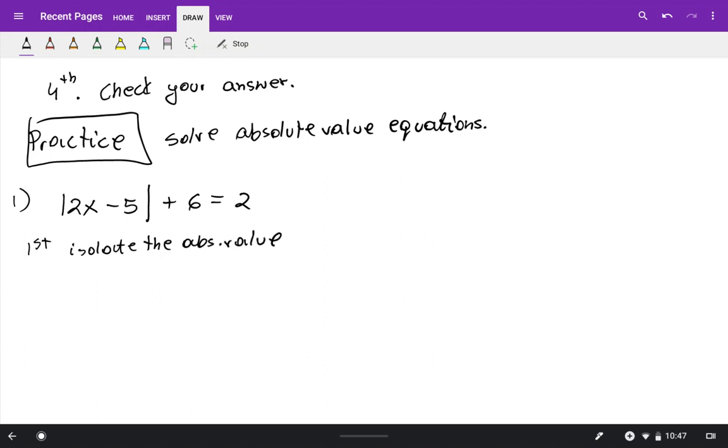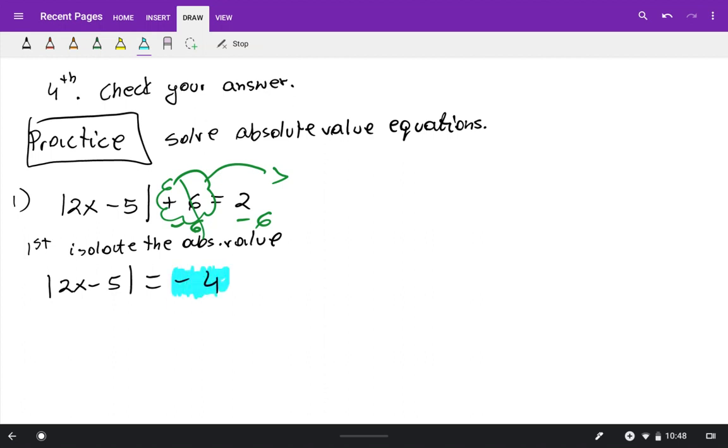That means that positive 6 has to be moved to the right side. Since it's positive 6, we're going to subtract 6 from both sides. So now I just copy absolute value of 2x minus 5 equals 2 minus 6, which will give us -4. And now look what happened. Pay attention. We're going to stop because we end up with a negative number. So no solution